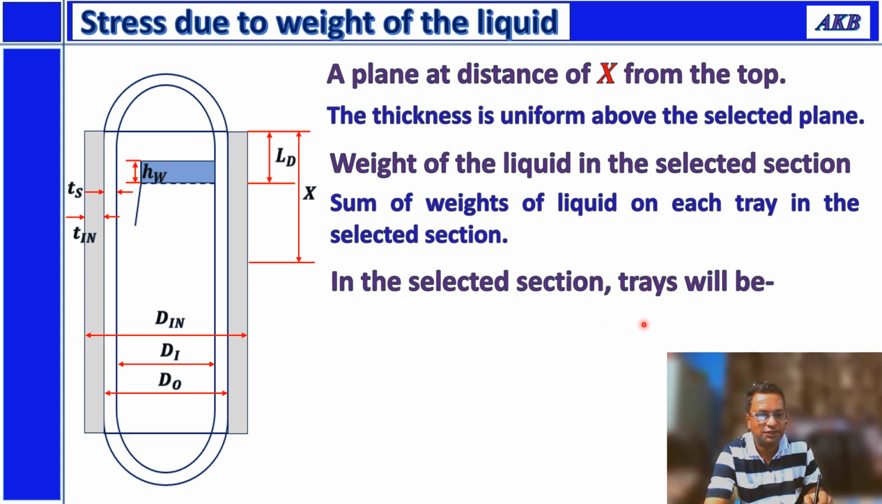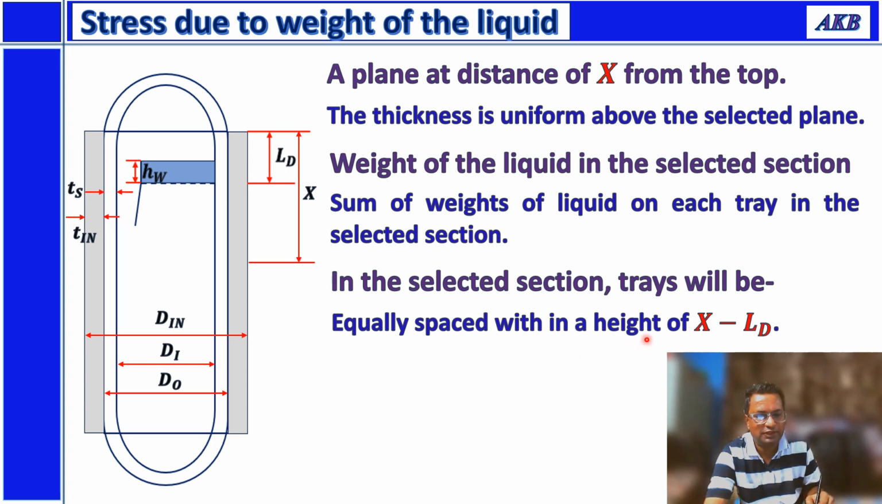Now in the selected section, trays will be equally spaced within a height of x minus LD. Now tray has to be spaced. Now if you talk about this distance, out of this distance, LD will not have any tray in it. So all the trays that are present in this section will be lying within this distance. And what is this distance? X minus LD. So that's why I'm saying in the selected section, trays will be equally spaced within a height